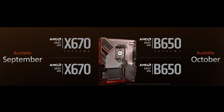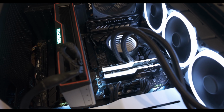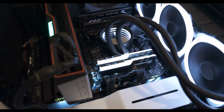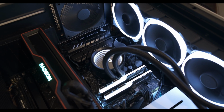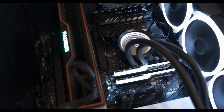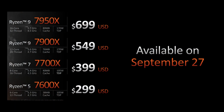Note that B650 Non-E supports full overclocking of both memory and CPU, and while on Alder Lake, because of things like the PL1 and PL2 restrictions, budget motherboards are not something you should use with something like a 12900K. With these Zen 4 chips, I can totally see a B650 Extreme board being a fine pairing with a 7950X. Not that I would do that, but what I mean is that when you take into account the price of the motherboard and its longevity, the prices of these Zen 4 chips will be offset to some extent,